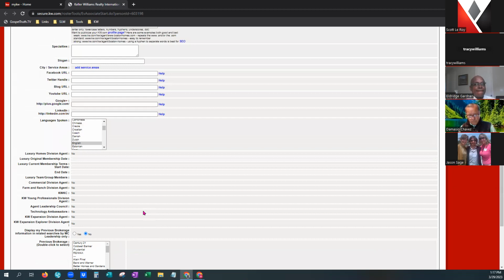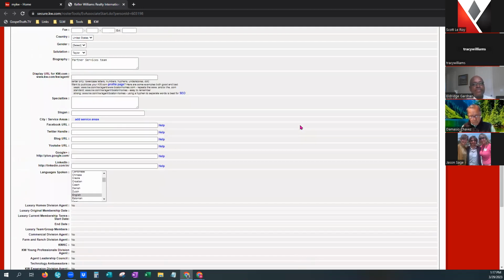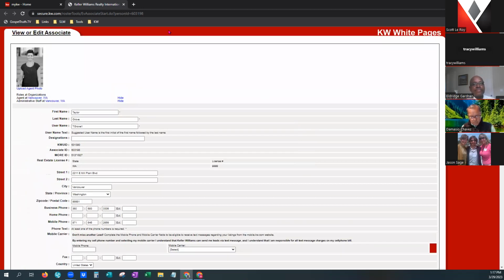If you made any changes as you're following through with us right here, go ahead and click save at the bottom. Little pro tip here. Sometimes when you click save on this, you think it's saved, you close your window and move on. But a good rule of thumb is to always make sure that you've come back up here to the top of the page when you hit save,